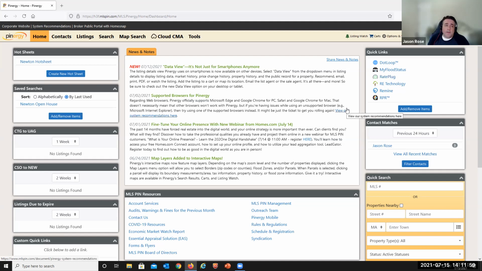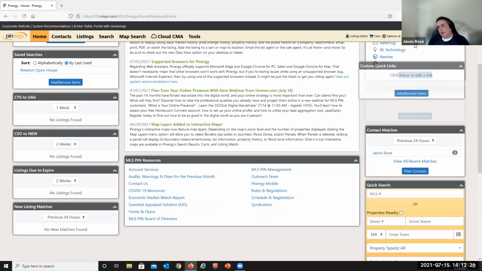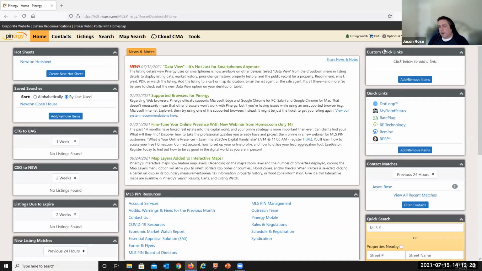But what if you have a link you want to put here on the homepage of Pinergy that goes to a site you use in real estate, but is not in the quick links? So maybe like a registry of deeds. You could go there often and you want to create a link on the homepage of Pinergy because it's convenient and everything's in one place for real estate. So you can do that. You just got to find the box called custom quick links. So not quick links, but custom quick links. And then you can just add in whatever hyperlinks you want here that you use day to day in real estate. So I can just click on add remove items